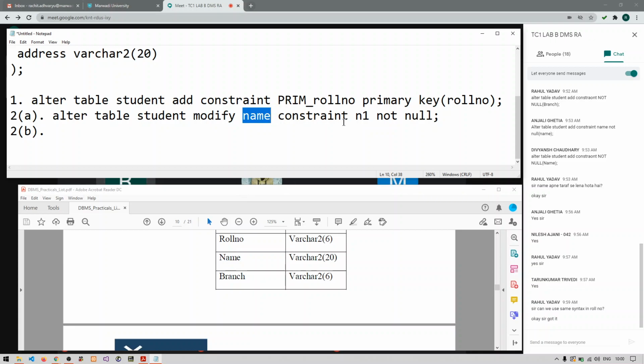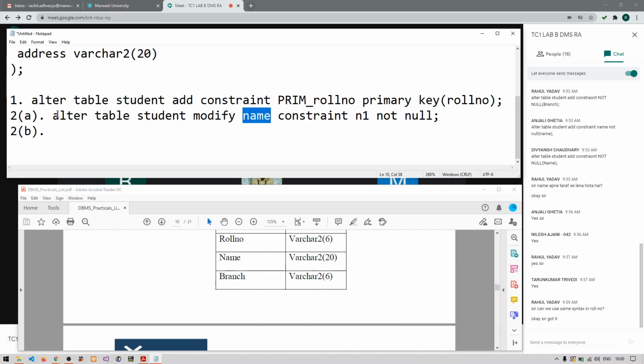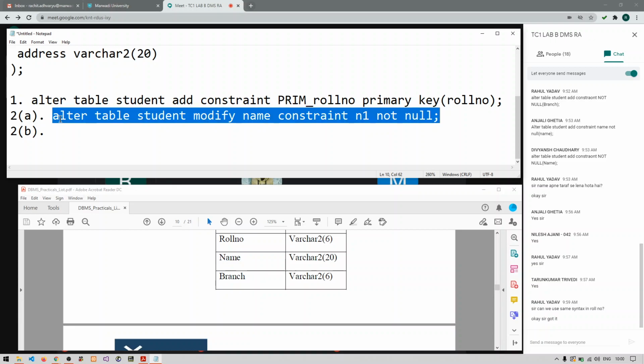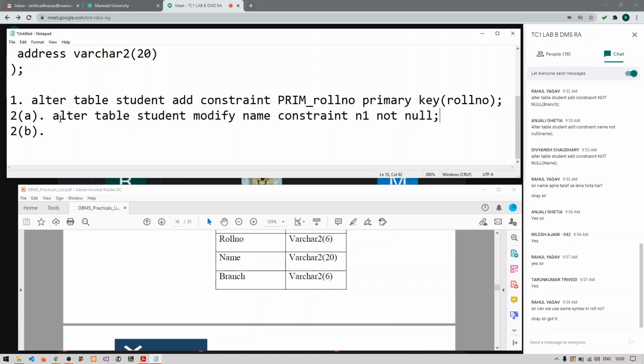Okay, now try to add the not null constraint to branch. Give me the answer. Add a not null constraint to branch.